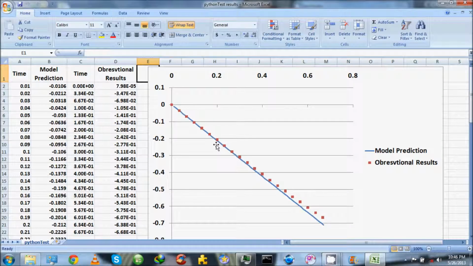The solid blue line here represents the model prediction results, while the red dots represent the observational results from the video analysis. They both have the same starting point at origin, which is explicitly defined as input by us, and if we follow them further, till almost the halfway, both seem to be in agreement with each other. However, at the later stage, the red dot seems to be drifting away from the blue one. Various frictional forces acting on our real system account for this drift, and it is more observable at the later stage. However, it is present from the beginning.